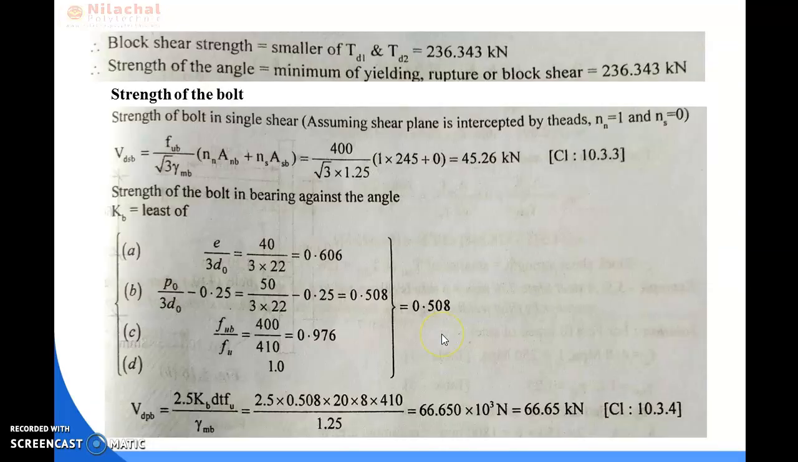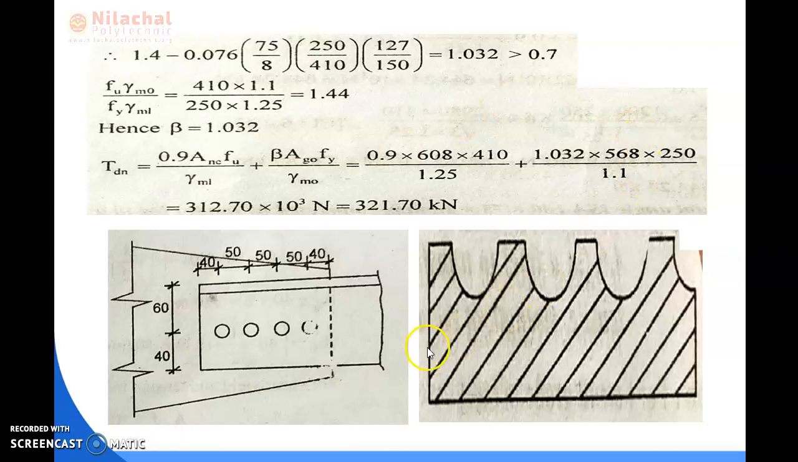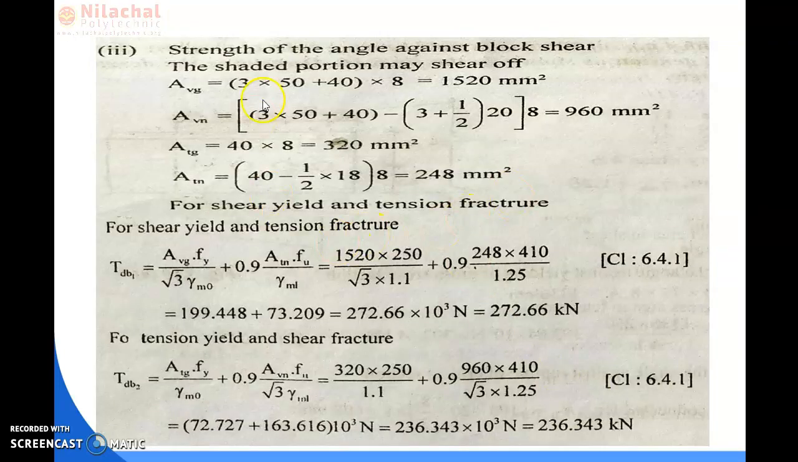So now for the calculation of the area of V line and T line, we need to consider the horizontal portion as V line and the vertical portion as T line. So along the V line we need to calculate AVG and AVN, and along the T line we will calculate ATG and ATN. So first of all AVG, which is